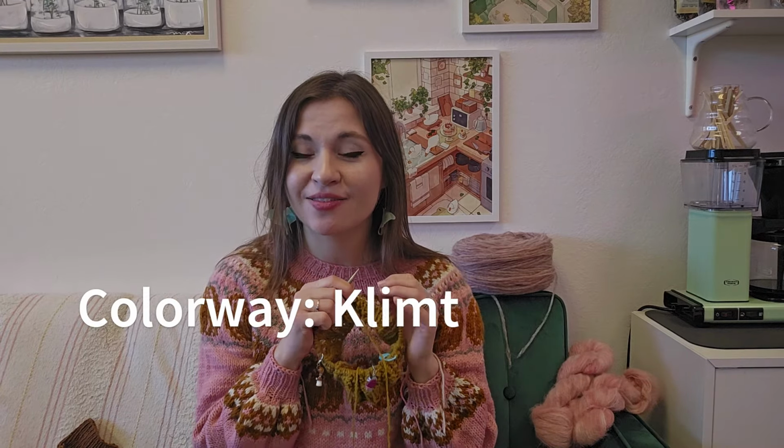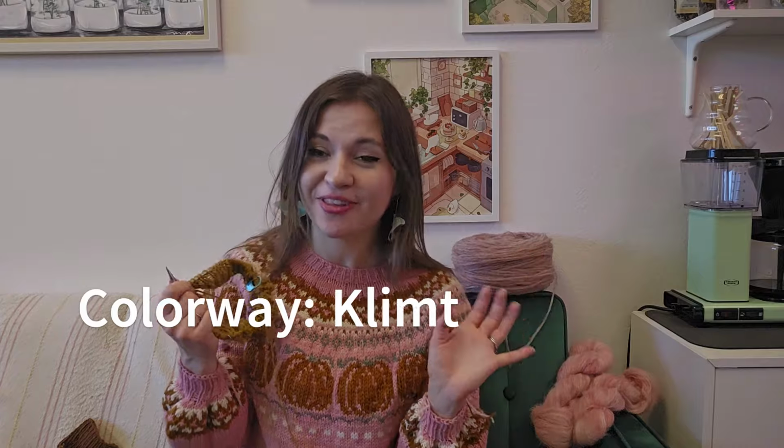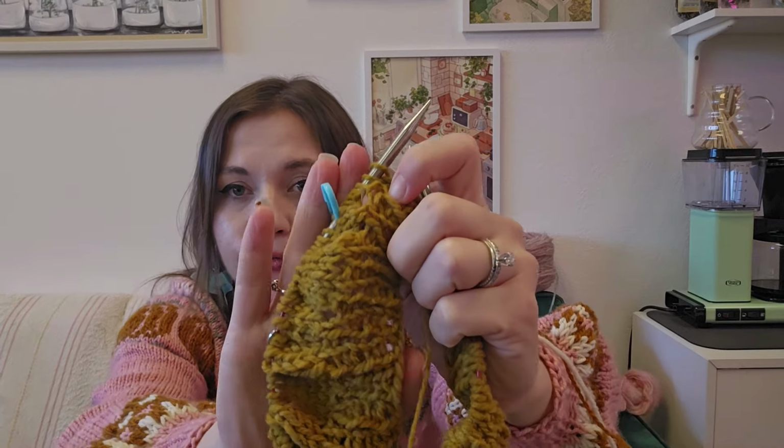It's such a joy to knit with because it's so nice and pretty and squishy and just lofty and lovely and all of the wonderful woolly things. And the color, I love the color. It's so pretty. I can't remember what this color is called, but it's one of their solids, and it's a beautiful honey, like a golden honey color. So that is an exciting new